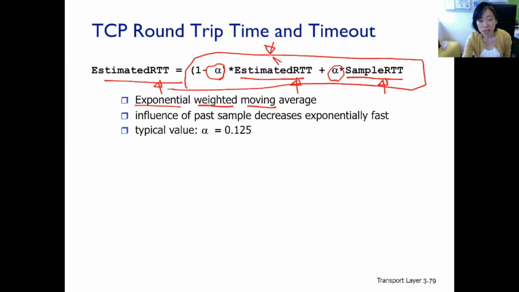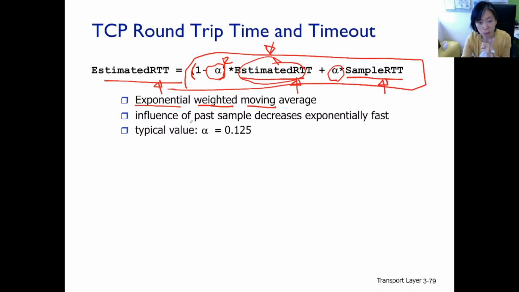So the current smoothed RTT is weighted by 1 minus alpha, actually twice. The estimated RTT two rounds later will be weighted exponentially less, three rounds later, three exponents less, then four, and so on.